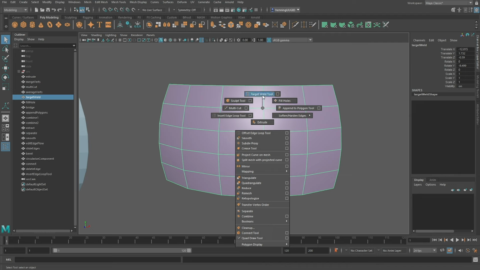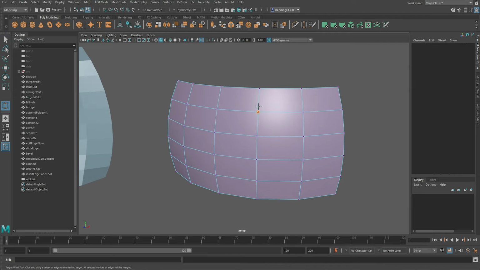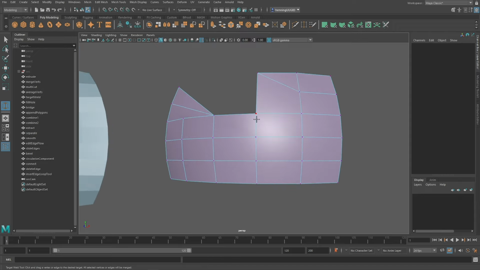Target weld, just go straight north. And now you can see that we can simply drag from one to another, like so. And this is going to weld it. This is crazy useful if you're doing general modeling. It's one of these tools I use all the time, and also one of these tools I have set to